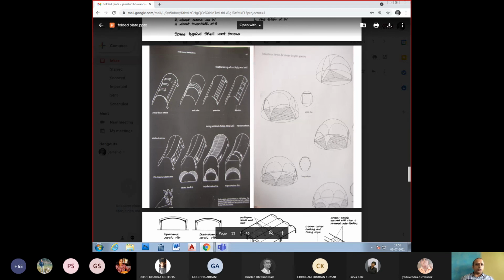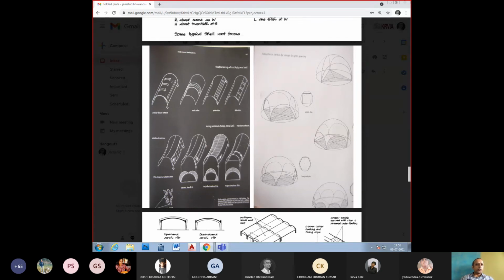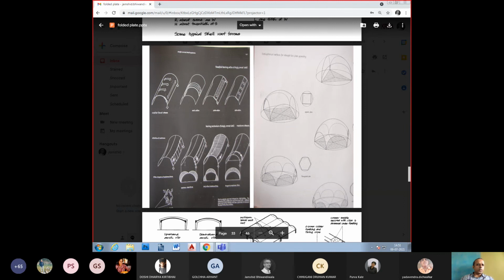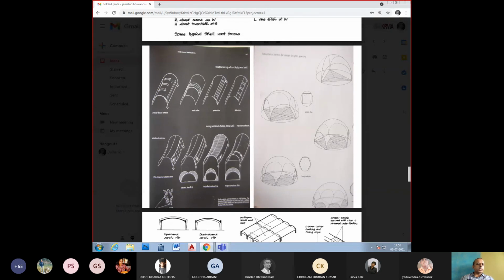So if you extrude these, you will have various forms, and there are also these stress diagrams noted over here. In a barrel vault, what kind of reinforcement do you require along the curvature, and you need to tie them together. There is a stress coming at the base, and it is coming in the other direction also, right? So where you keep your cutouts and openings needs to be very, very carefully calibrated when you're working with concrete shells. Next, Jimmy.